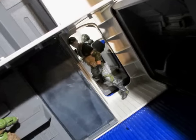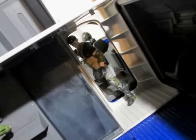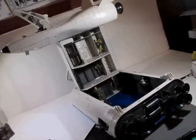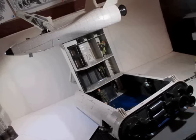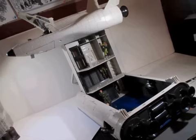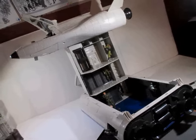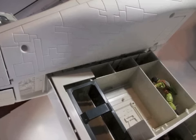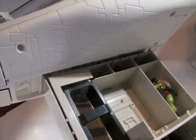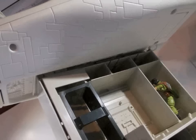But the back, this here, is the entrance into the space station portion, the base portion of the booster. And that by itself is a thing of beauty. Now, I'm not even going to stop talking, I'm just going to continue. This is your space station mode, when you dock the ship on the booster so that you can move your characters through it. Now, a lot of people have issues with this because the shuttle is actually just being held on there by an indentation in the bottom half of it. And then you just sit it on top of the booster station piece, and it just sits there. So if you bump into it the wrong way, or you shake the table or something, you may be messed up, and you might end up breaking